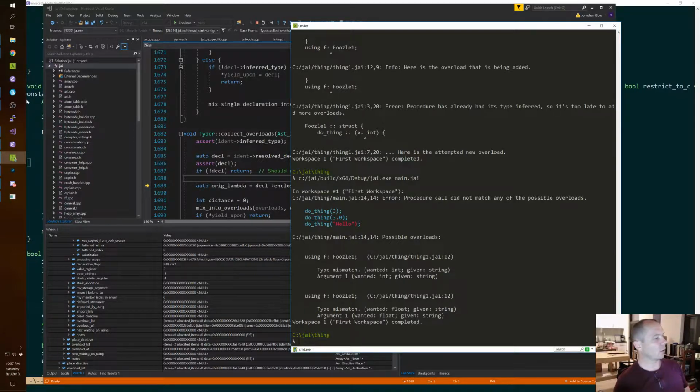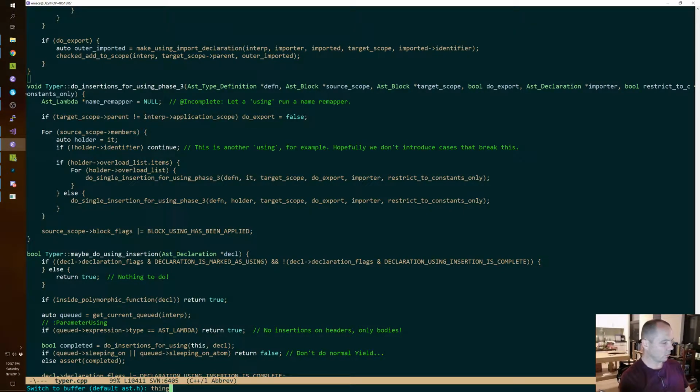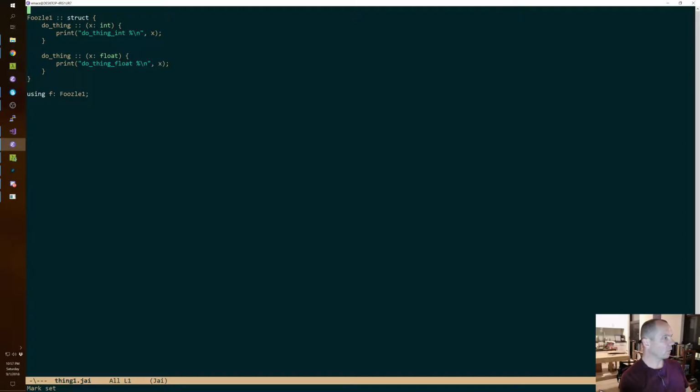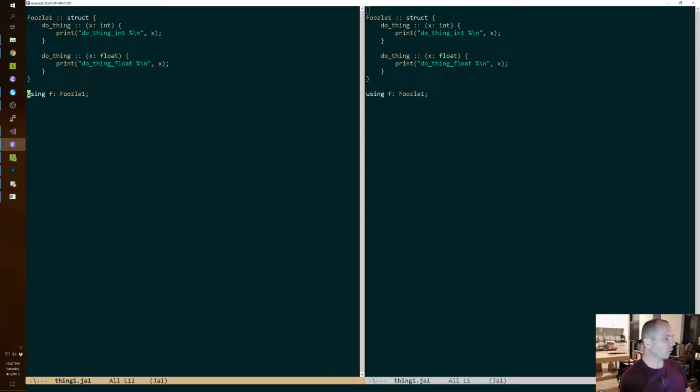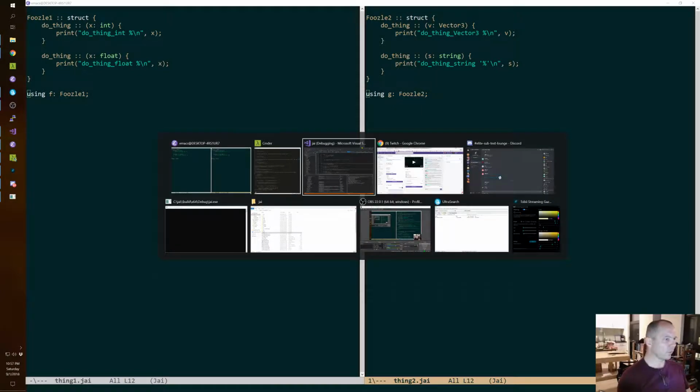Let's just do that. We can do a breakpoint. Let's make sure they're both on the same line. This one's on line 11. Nope, we need a blank line. Line 12. Okay.